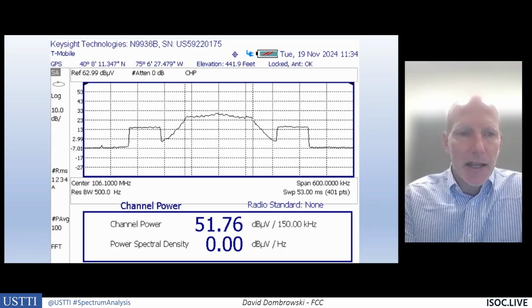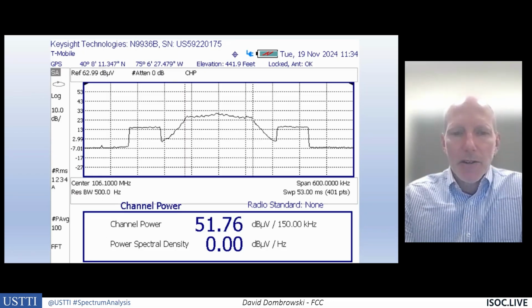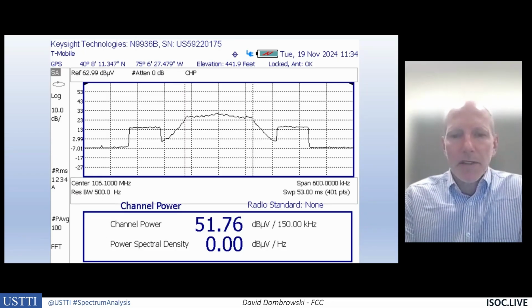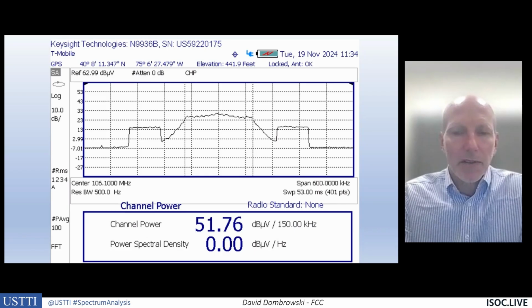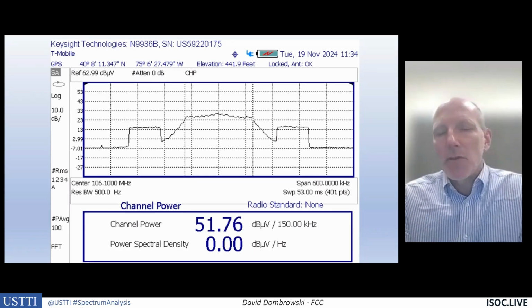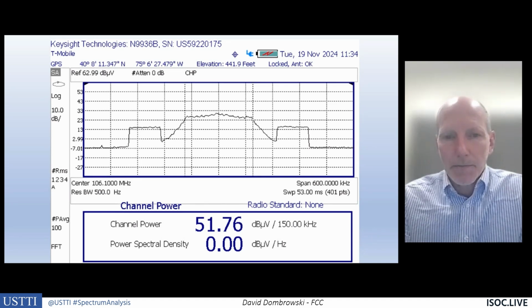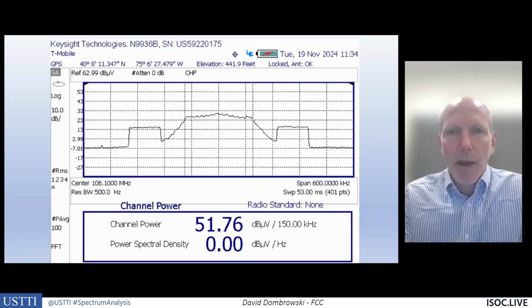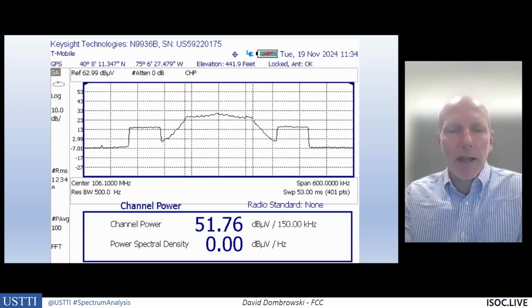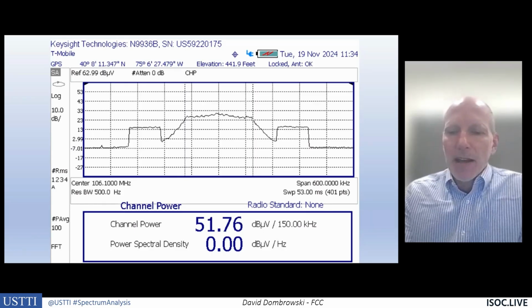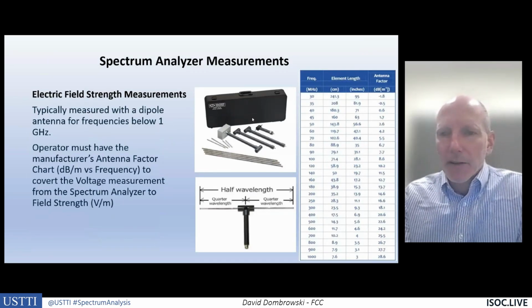And so we have to change the setting so it's reading in dB microvolts. It measures that as 51.76 dB microvolts across 150 kilohertz. And then we use that antenna factor to convert it to dB microvolts per meter. All right, so that's where you need to talk with the manufacturer about buying a dipole kit that has a set of antenna factors. And if you look back, there's probably 30 different